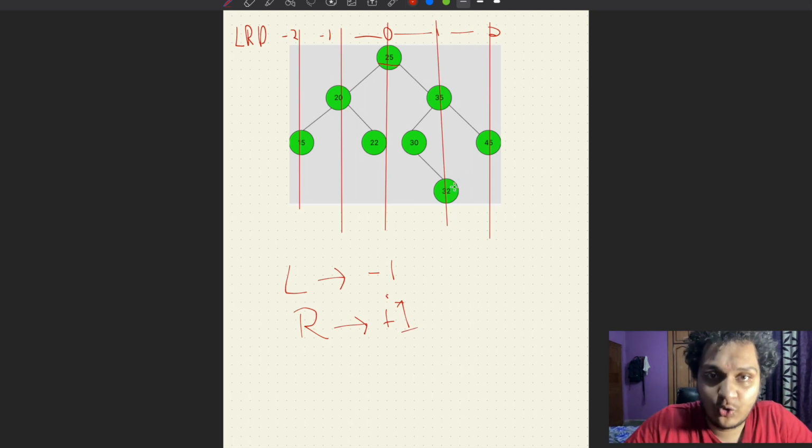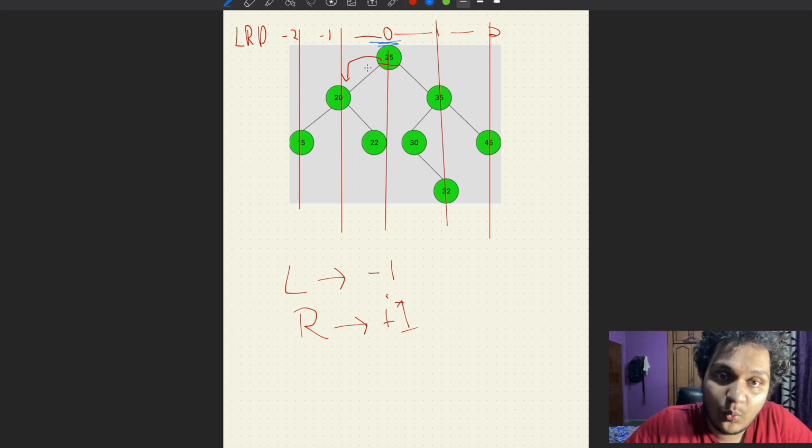So here I am at the root. Now I have to iterate to every node here. For that I am using left, right, and then data. Now I will go for the left side. Here I will say the position is 0. So if I go to the left side, what will be the position of 20? The position of 20 will be